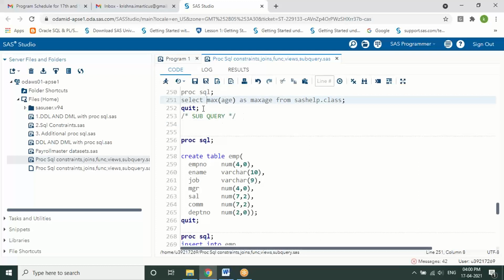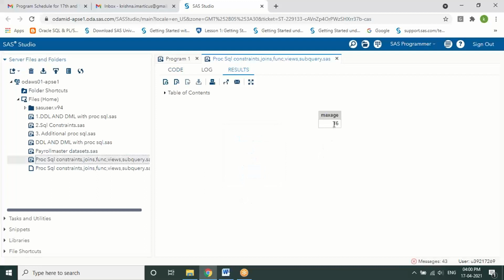Let's assume I have executed this query, and the result we get, which we call a result set, is 16. Now based on this value, I wanted to find out the rest of the row details. So what should I write as a query?